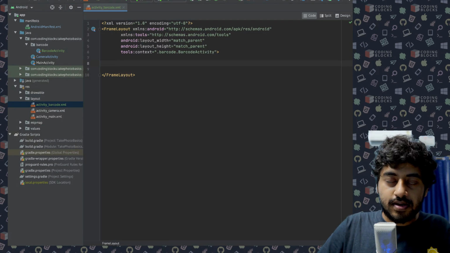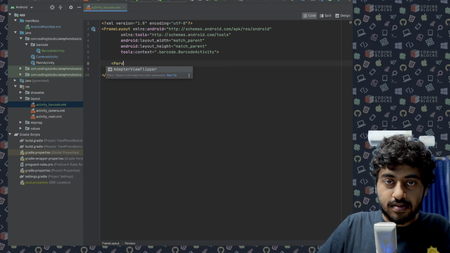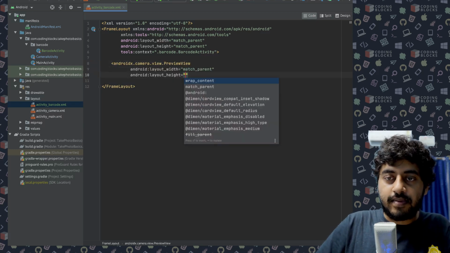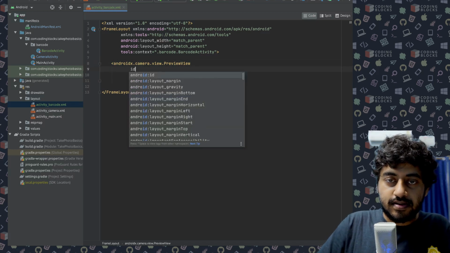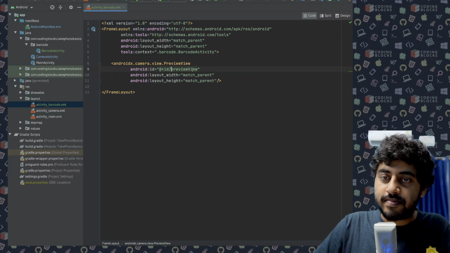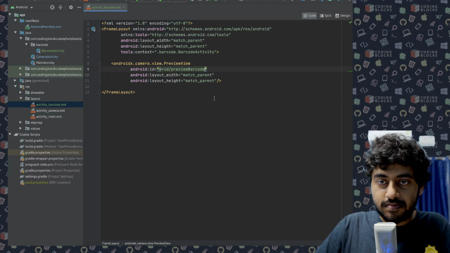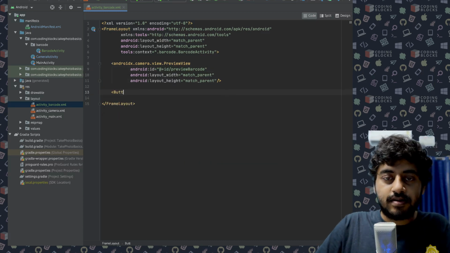We will put a camera preview view here again. I'll set it to match parent again, right? I'll give it an ID, barcode preview. Okay, so preview barcode, and then I will add the button.